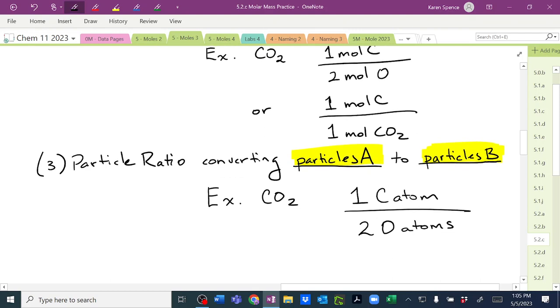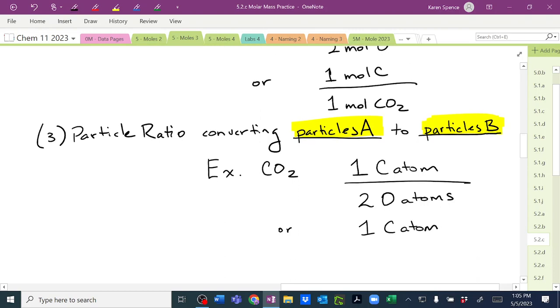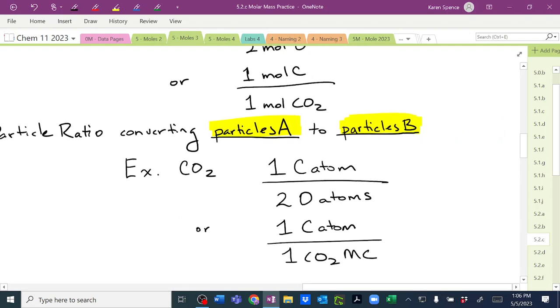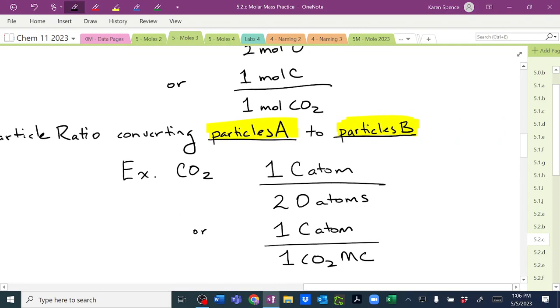Anyone want to give me another one? 1 C atom per 1 CO2 molecule. Yeah? Do we want a third one? Yeah, let's do the third one. 2 O atoms per 1 CO2